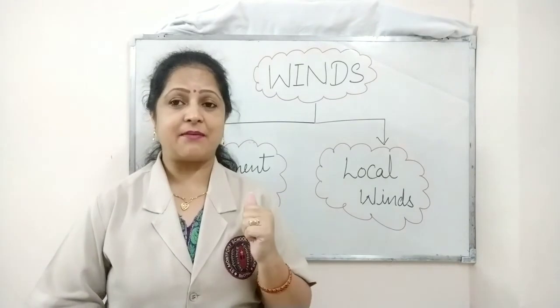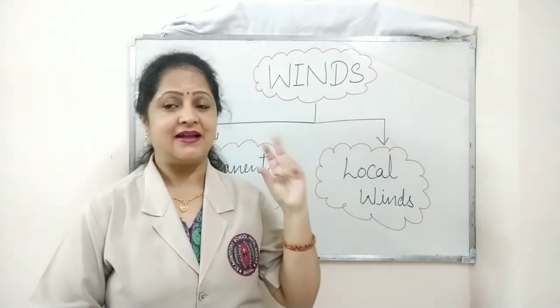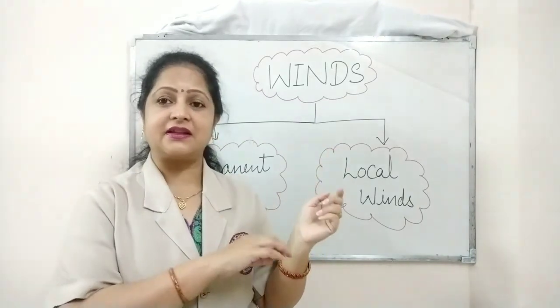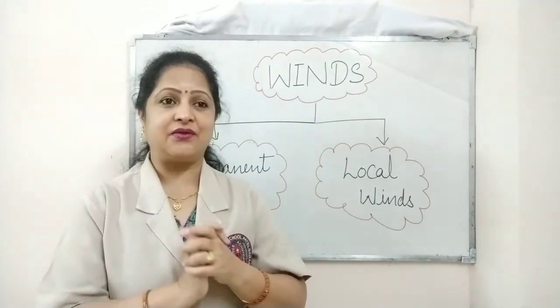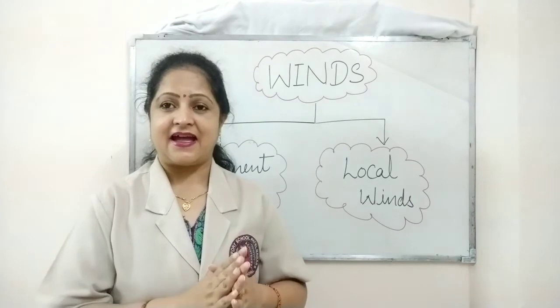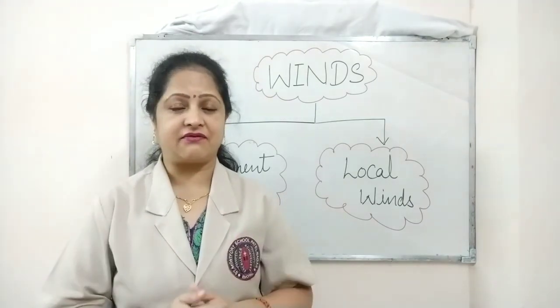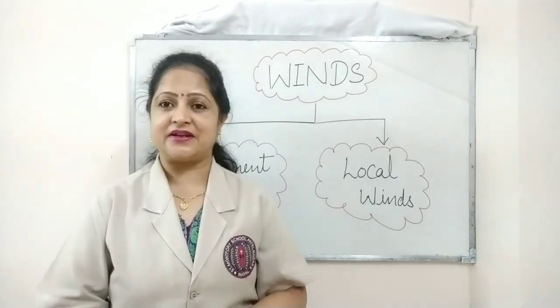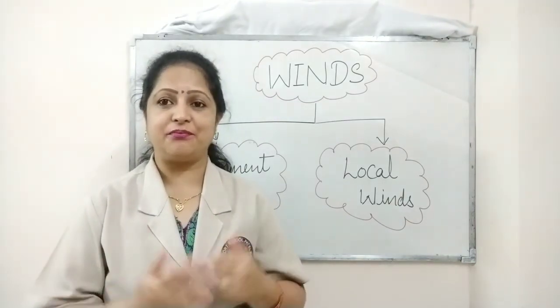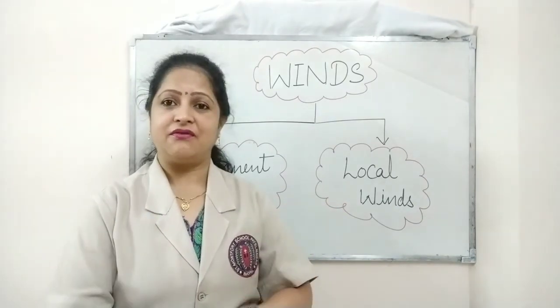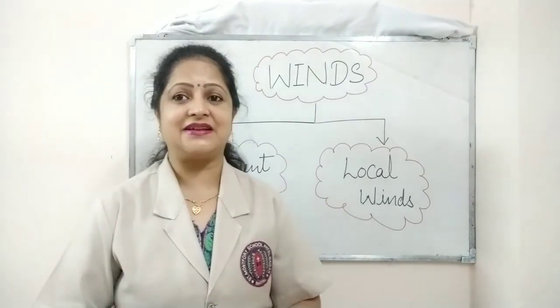I told you about two instruments: one is used to record the direction of wind, known as wind vane, and the other is used to record the speed of the wind, known as anemometer. So this is enough, and in the next video we will discuss